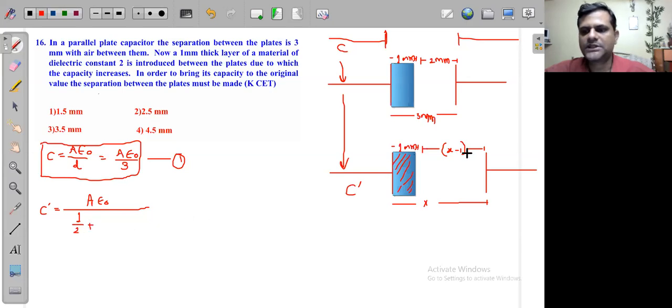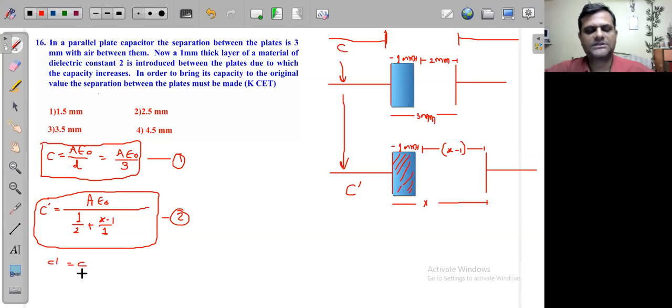और उसका भी डायरेक्ट्रिक कांस्टेंट 2 दिया हुआ है, तो इसलिए यहाँ पे हमको मिल जाएगा this 1 divided by 2 plus ये जो बचा हुआ डिस्टेंस है x minus 1 here, so that x minus 1 is filled with air actually, and that's why this x minus 1 is to be divided by 1 simply। But now this capacity C dash, we want this to be equal to the original capacity of the capacitor, which is C here। So if this is given as equation number 2, then we can just equate this C dash with C in this case, so as to get the value of x here।